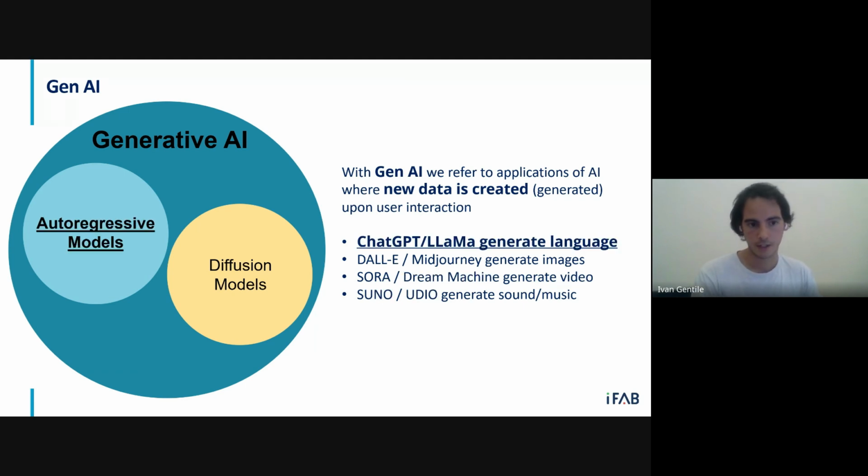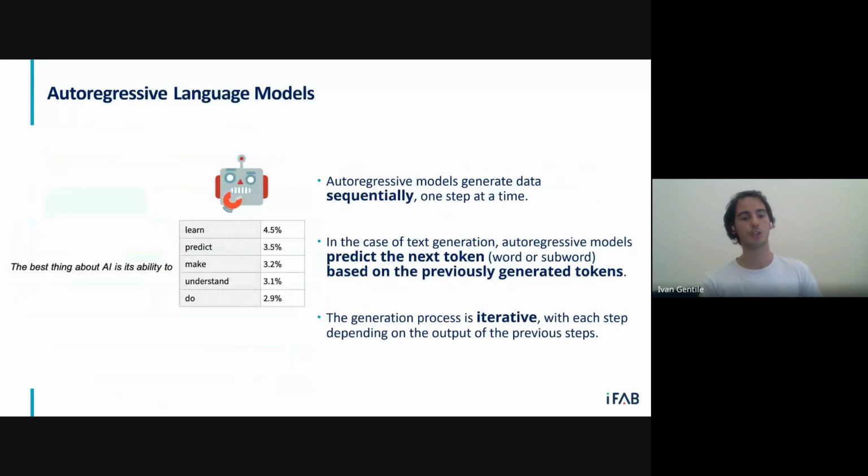As I was saying, the focus is on the autoregressive types of model that are those that are used in order to generate language. And to have, let's say, a macroscopic view on how they function, the fundamental things we see right here in this box. Essentially, the model is autoregressive because it takes data and generates it one step at a time.